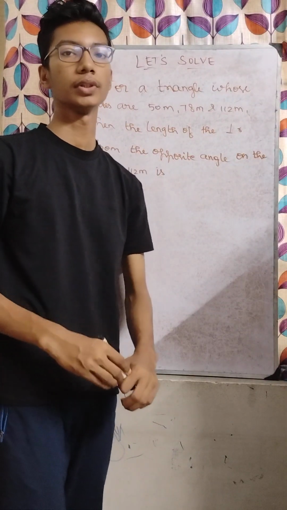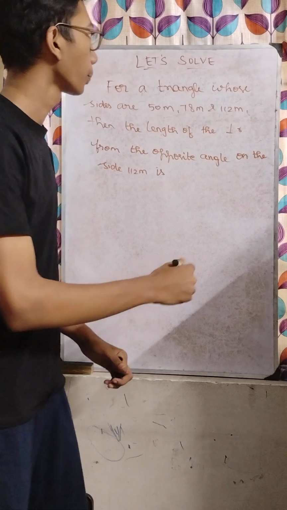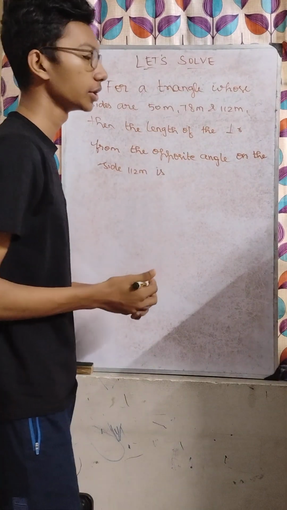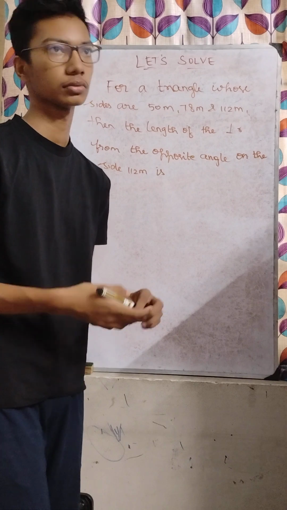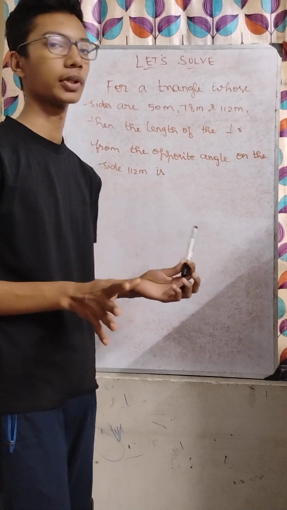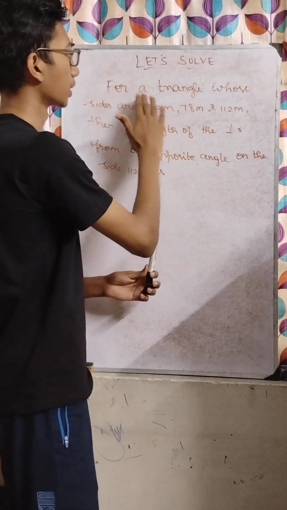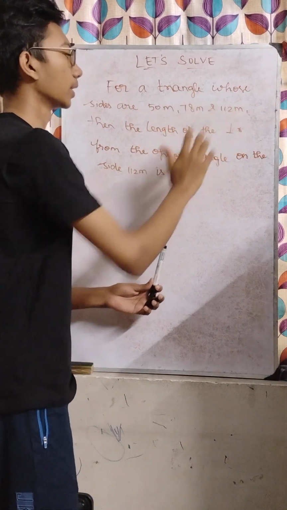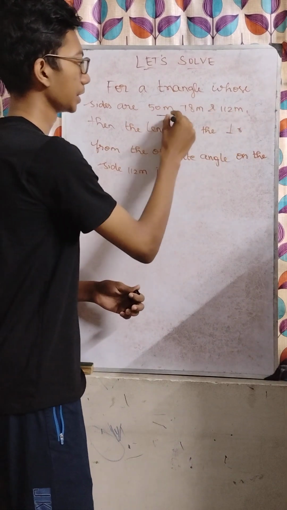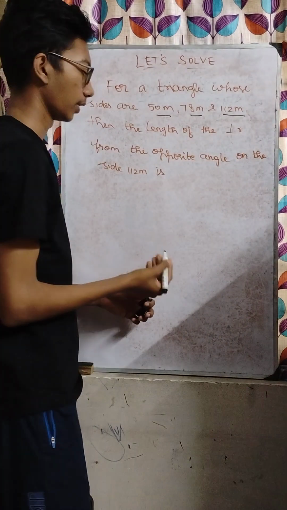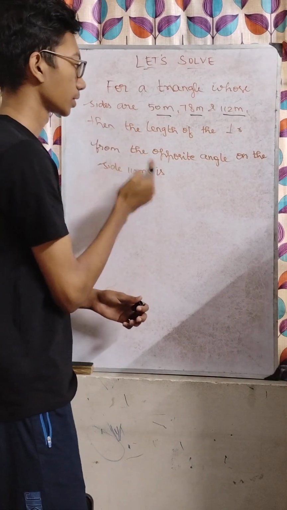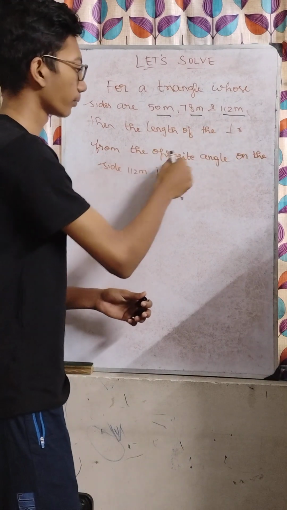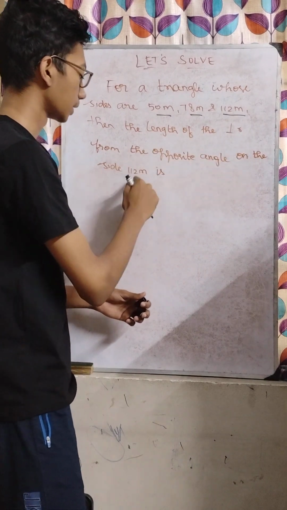In this video, we will see another problem in the Let's Solve series. This problem deals with the area of a triangle. For a triangle whose sides are 50 meter, 78 meter and 112 meter, all three sides are given. What the question is asking us is the length of the perpendicular from the opposite angle on this side 112